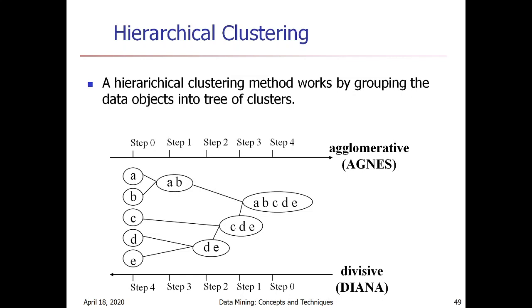When you take the bottom-up approach, the single individual clusters are merged into micro clusters, which then form into macro clusters or the final clusters. And the divisive method is the reverse of the agglomerative method, which is the top-down approach where you take the total data points as one cluster, which is further divided into micro clusters down to individual clusters.